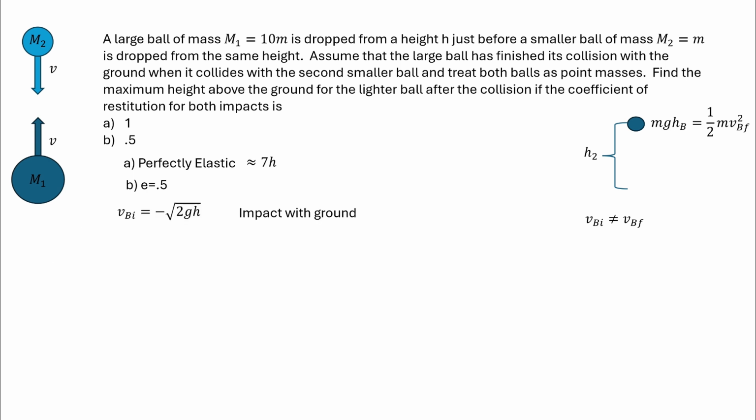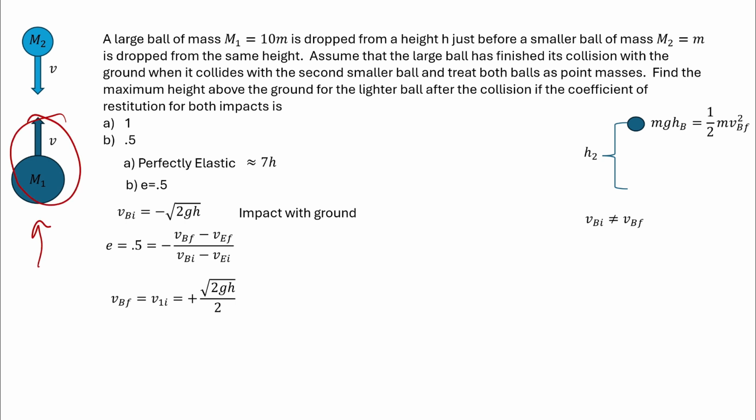Let's first deal with the impact with the ground. The big ball, right before it hits the ground, has √(2gh) worth of velocity, and it's negative because it's going down. My coefficient of restitution is 0.5. And one thing to note here is that I'm colliding with the Earth, and the velocity of the Earth before and the velocity of the Earth after is 0. So that means that I should have my velocity after the impact with the ground. In other words, this big ball, when it goes upward, has half the velocity it had before it impacted the